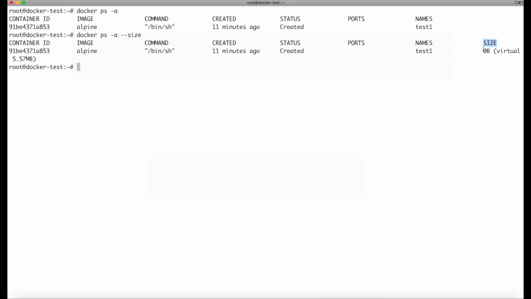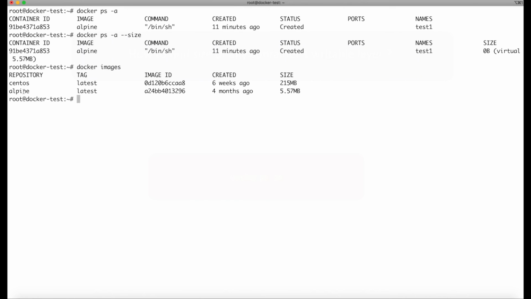Here you can see the container's writable layer size is 0 byte and the virtual size is 5.57 MB. This 5.57 MB virtual size is nothing but your Alpine image size. Let's validate it. Docker images. Here you can see your Alpine image size is 5.57 MB.